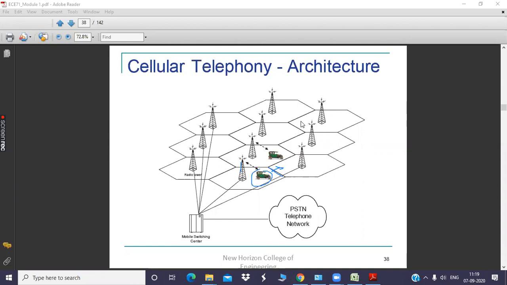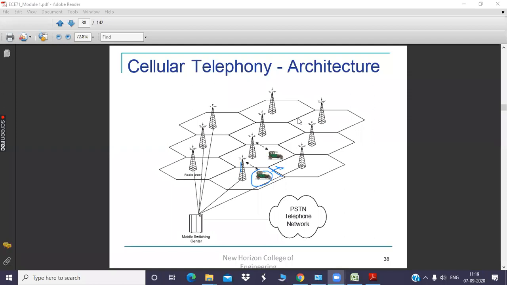But it is evident that our spectrum is limited. We have a scarcity of channels, so it is the MSC's responsibility to allocate the available channels to all the subscribers by increasing the capacity and reducing the interference. So we need to increase the channel capacity. Why? To give the service to almost all the users available in the geographical area. The number of subscribers is going on increasing, but we can't say that you will not get the service later. We have to provide the service for all the subscribers. So for that, the channel capacity has to be increased, or channel reuse has to be adopted.